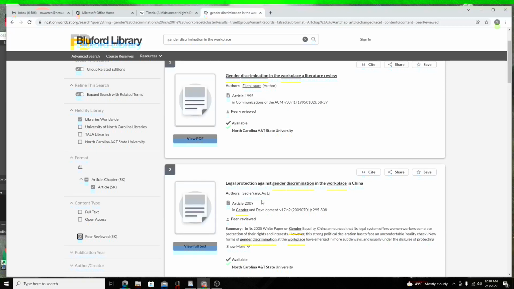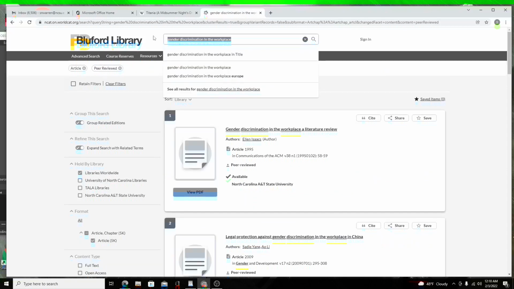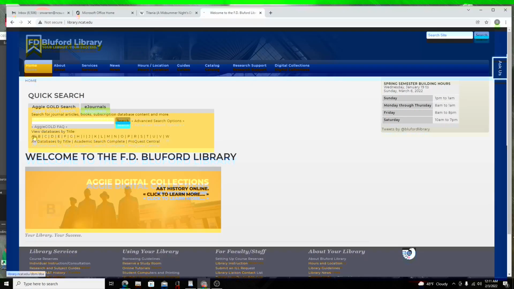So again, this is where those pre-writing strategies come in, right? Write topics that are similar to one another, make connections, write synonyms for words, and maybe do a basic Google search, see what other terminology people are using, and then plug that into the database. Now, say for instance, let's go back to the library, and Aggie Gold wasn't helping you. One other place you can go is